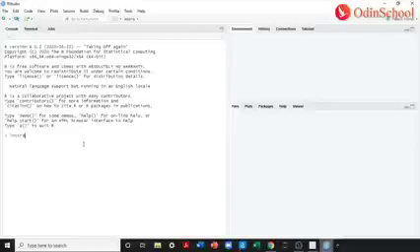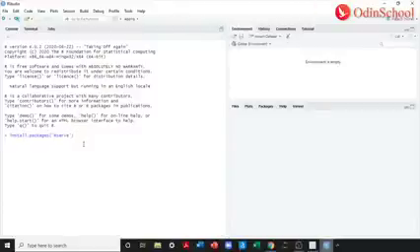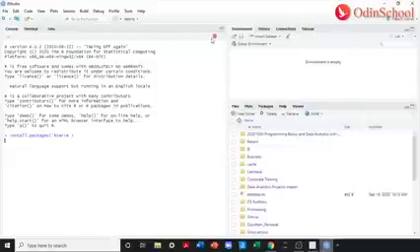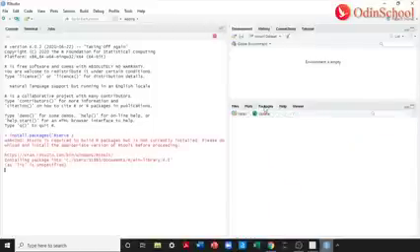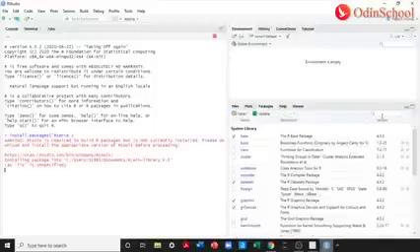So here we can say install.packages. Now we can expect the machine to execute this. It is running in the backend. Let's wait for this to run completely. It couldn't figure it out. So what we can do is go to packages here and look for